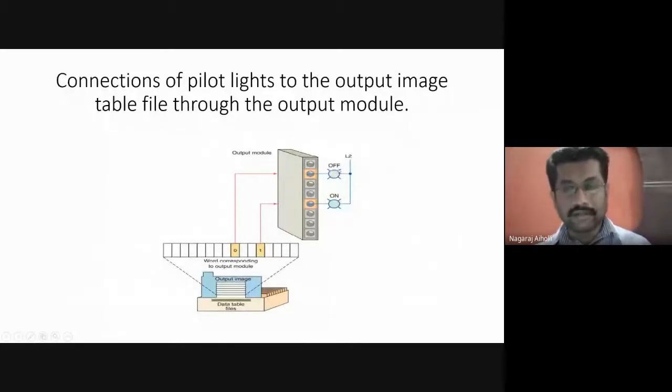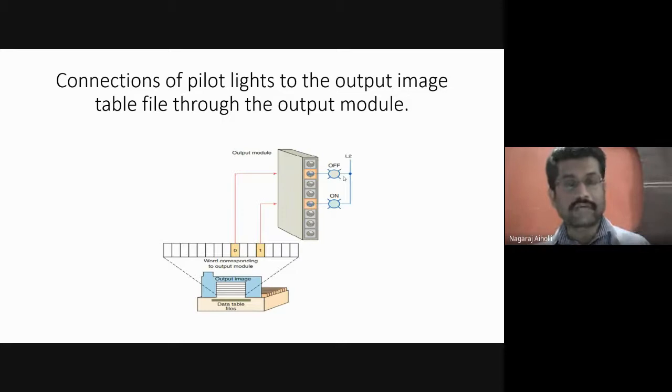If one is on, it is because of the ladder program we are running, in which we have written the logic in such a way that we want to turn on this pilot light, and turn off the other pilot light. Based on the logic written in the program, we are able to control the output devices.